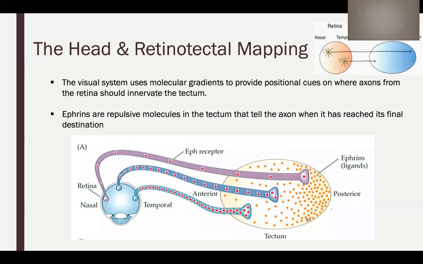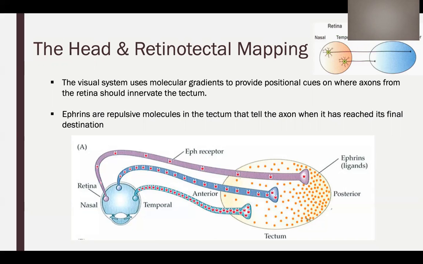So in this example, instead of the gradient activating specific transcription factors in cells already present, we're going to learn about how molecular gradients help to form connections between separate regions of the brain. The brain uses molecular gradients to give positional cues as to where axons from the retina should be innervating the tectum. This system is responsible for sending the information our retinas see through the visual system so we can respond